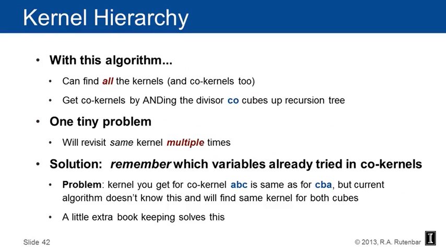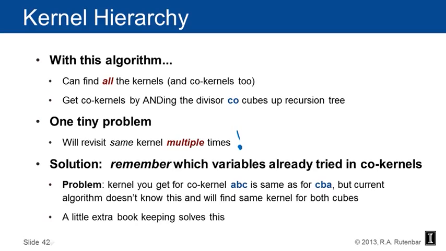So with this algorithm, you can find all the kernels and the co-kernels too. And you get the kernels by ANDing the divisor co-cubes up the recursion tree. There's one tiny problem. You're going to visit the same kernel multiple times. And the solution is you have to remember which variables you've already tried as you go down the paths